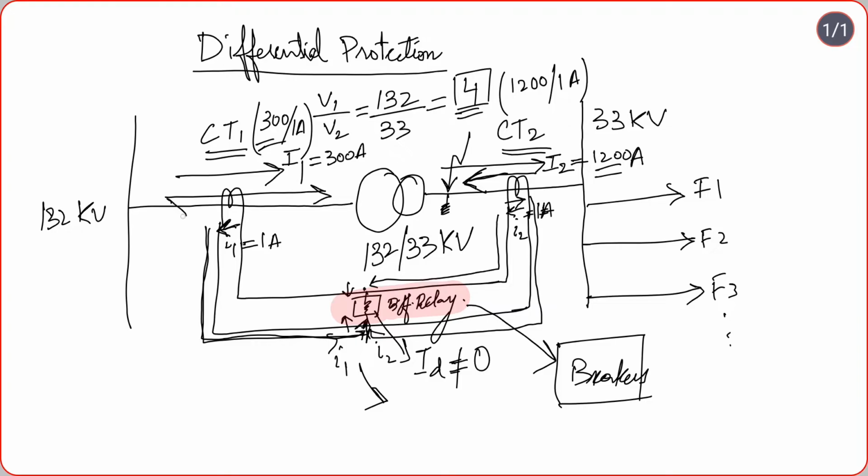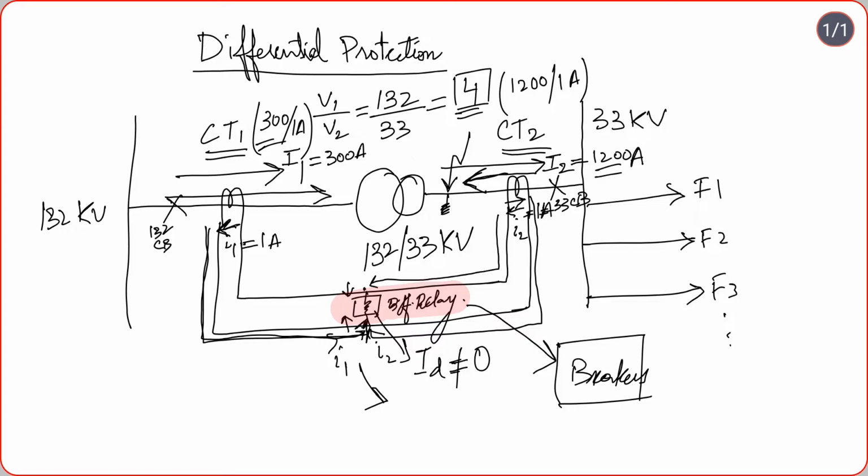We have two breakers, one breaker is here and one breaker is here. This is the 132 kV circuit breaker, and this is the 33 kV circuit breaker. Both of these breakers will trip when the differential relay operates. So my dear friends, this was the basic explanation of how differential protection works, and